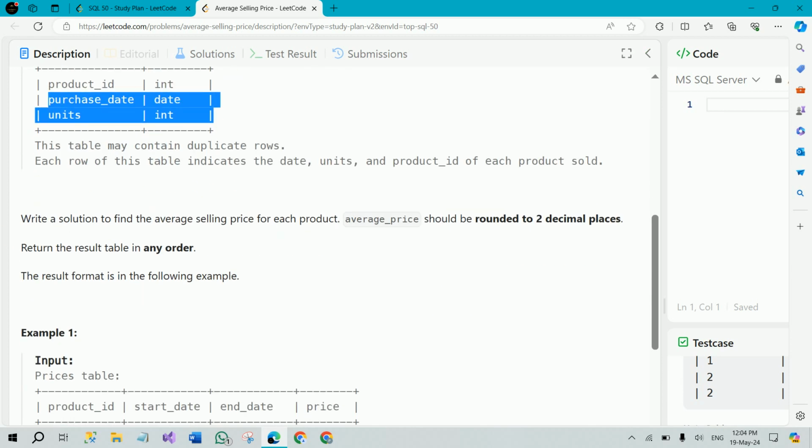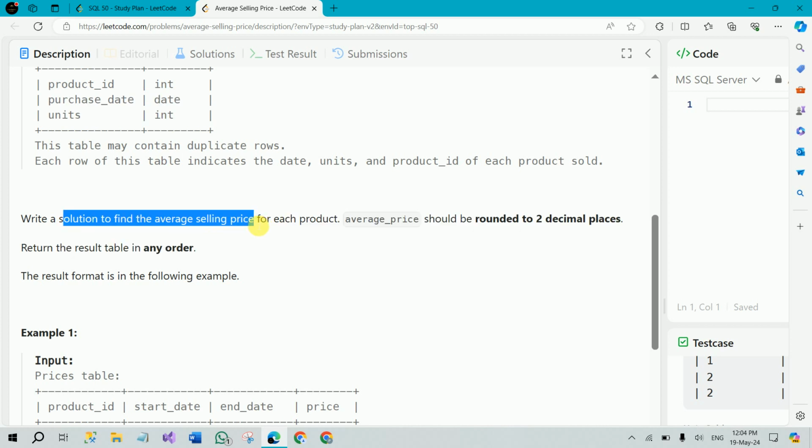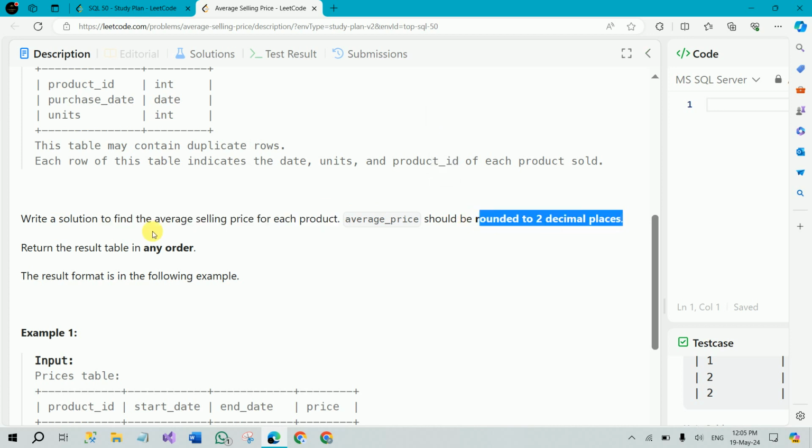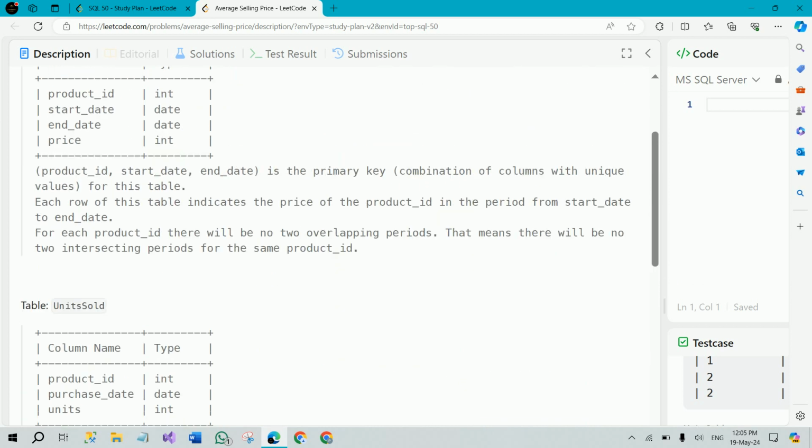Now what we have to do is write a solution to find the average selling price of each product. Average price should be rounded to 2 decimal places. We have to calculate the average selling price of each product, and the result can be in any order. Now for each product, we can have duplicate